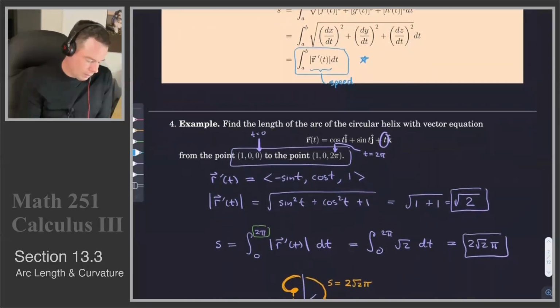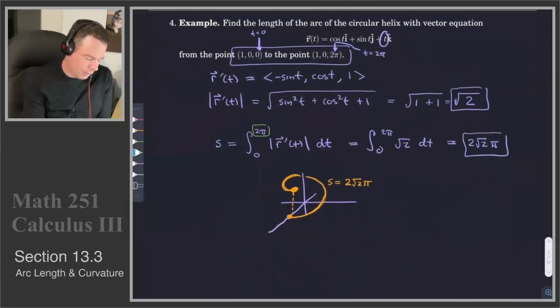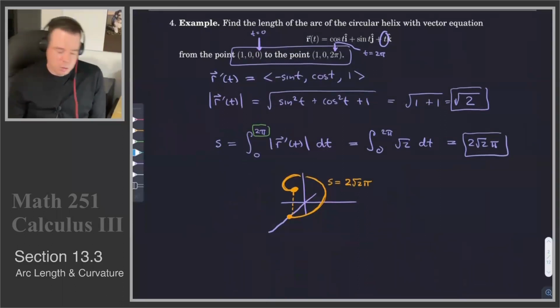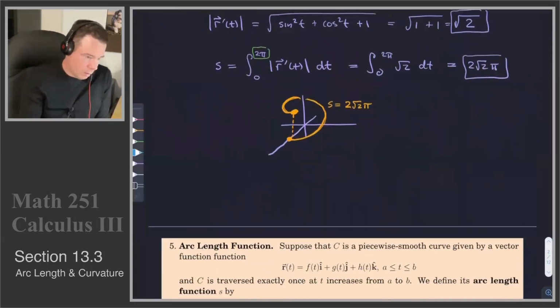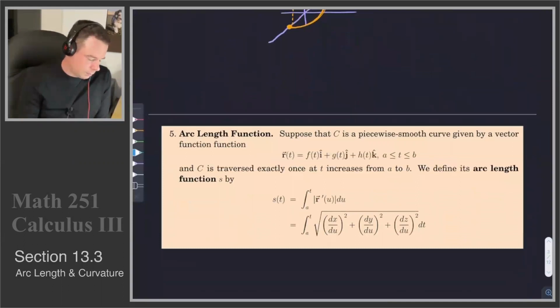Then we did an example where we found the length along the arc of a circular helix. We just applied our formula, integrating the magnitude of the velocity vector. That gave us a value of 2 root 2 pi. That was our visual interpretation: for the spiraling helix, if we go up one level, we've traveled a distance of 2 root 2 pi. Okay, now the next thing we want to do is